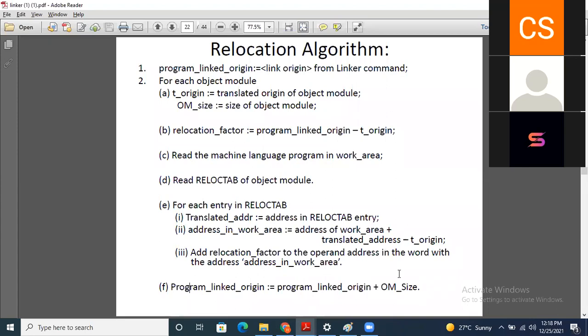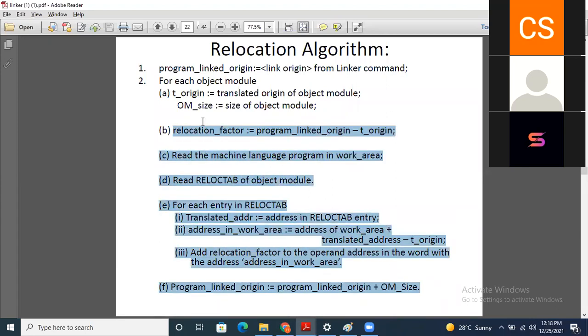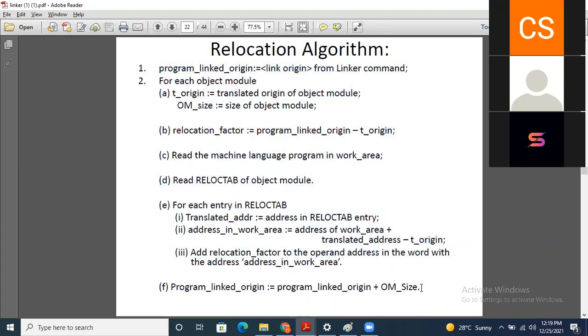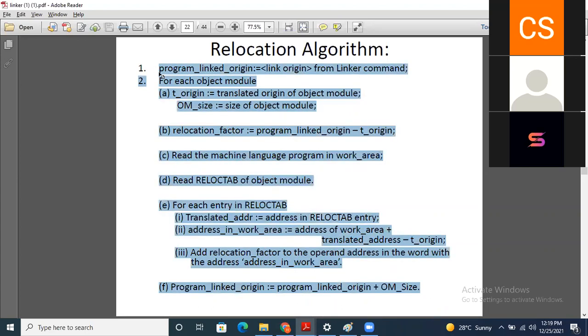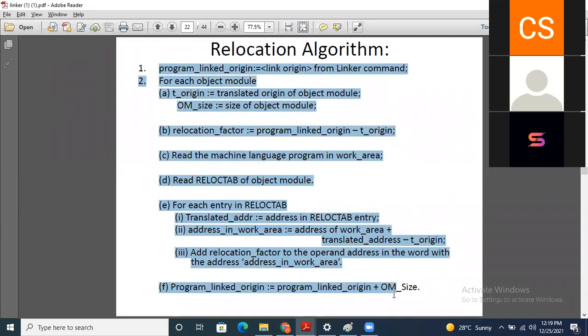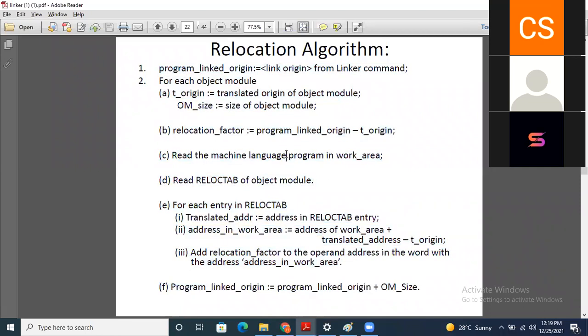Any confusion? If this question comes in the exam, and you write this algorithm, then the rest mostly nobody reads. If you have written the algorithm, that means you have a clear understanding, you will get the full marks. So understand the algorithm and in short just write some description, you will get the full marks for this relocation algorithm.